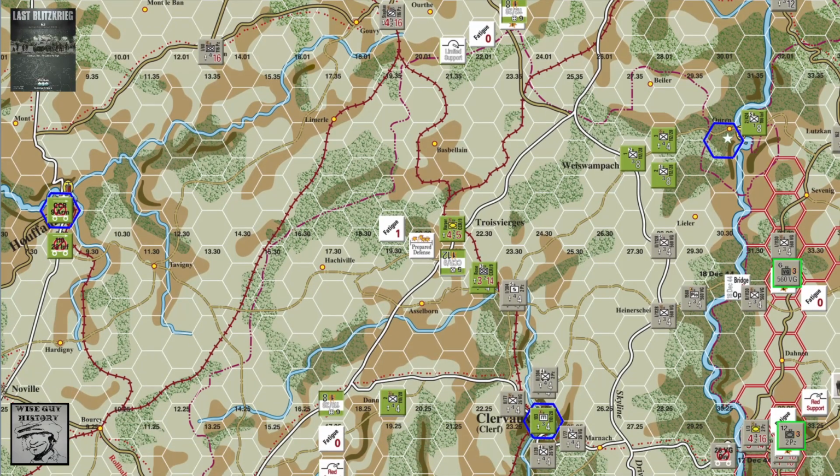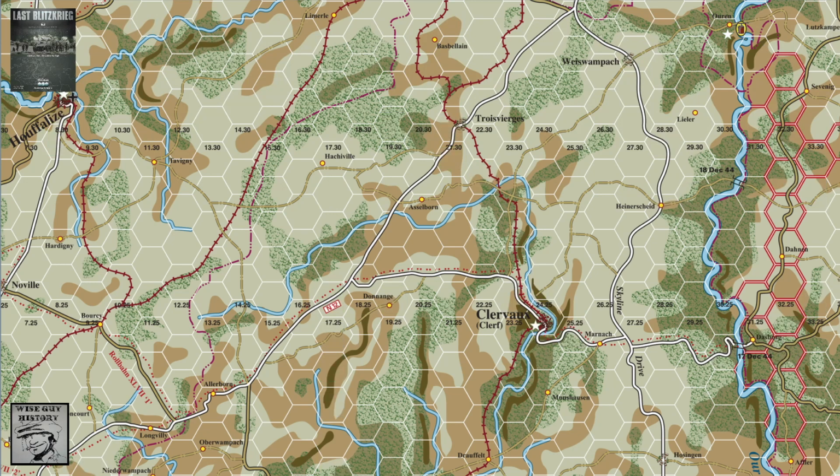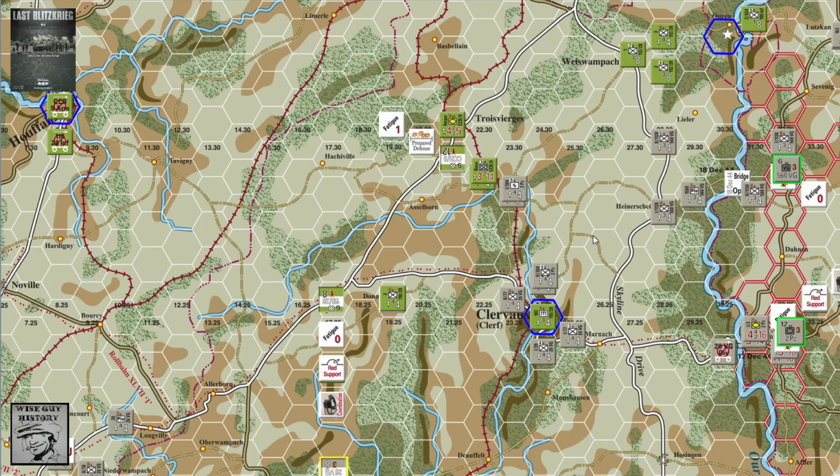Of course, I could drive straight on Clervaux. I've got the 2nd Panzer Division here. They're right next to Clervaux. There's only 4 steps left on this engineer battalion. They're isolated, they're by themselves. But Clervaux is a city surrounded by a stream, which is a hex side terrain, which adds another modifier. It's not going to be